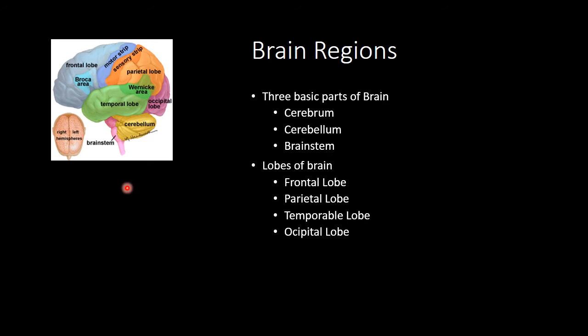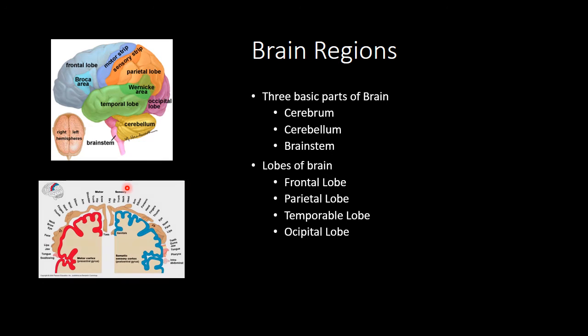The two main regions of the cerebrum are the sensory strip and motor strip. The sensory strip is the part of the brain located in the parietal lobe, near the border of the frontal lobe. The sensory strip is involved in registering sensations that are connected to specific parts of the body, while the motor strip, which is located in the frontal lobe, controls the muscle movement